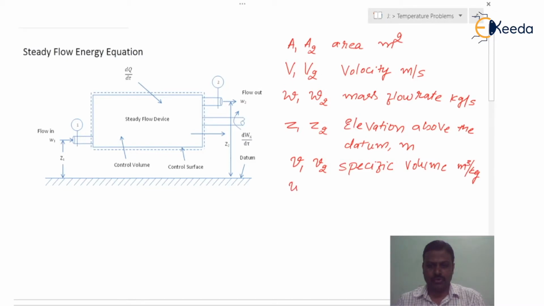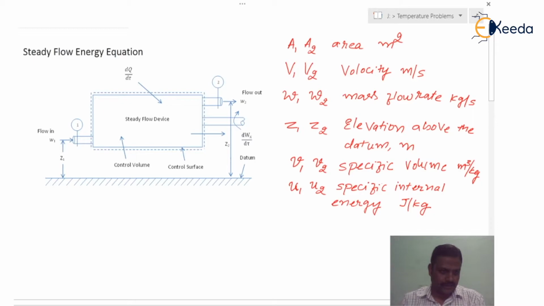Then small u1 and small u2 are specific internal energy which have a unit of joules per kg,